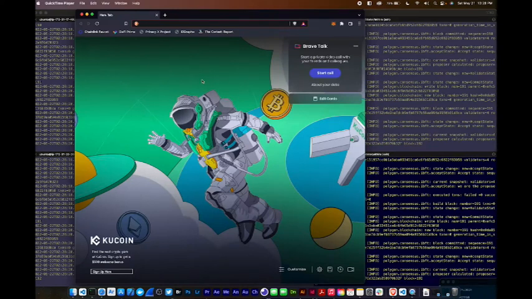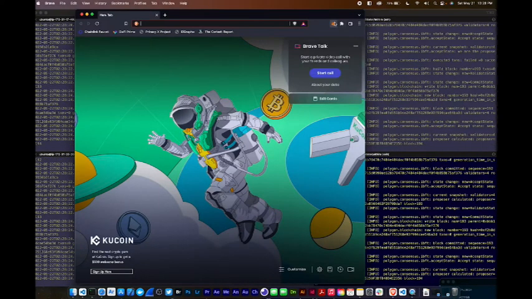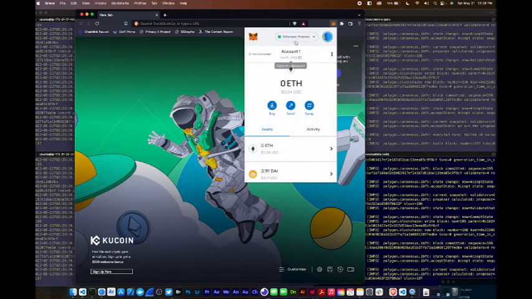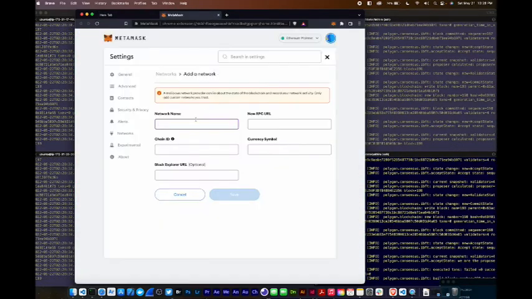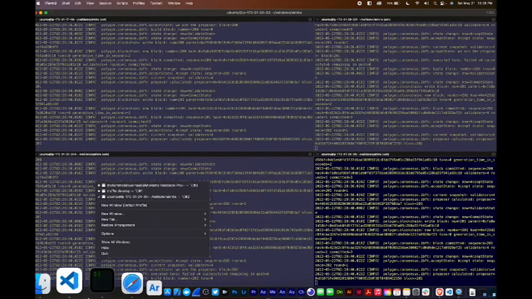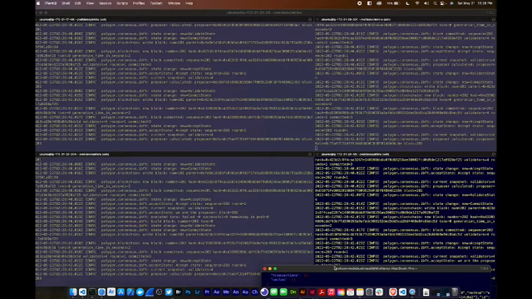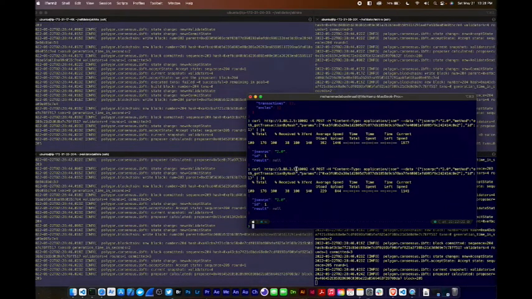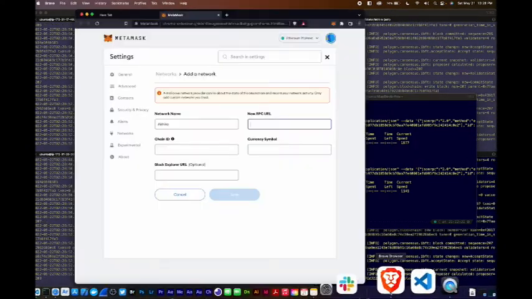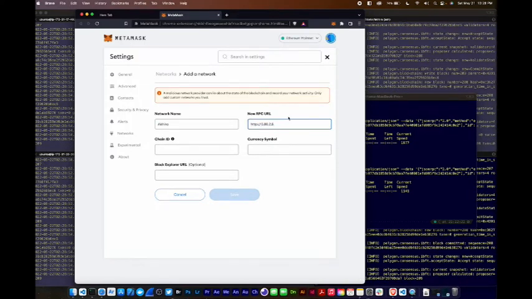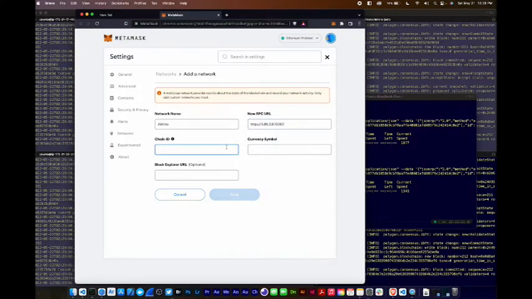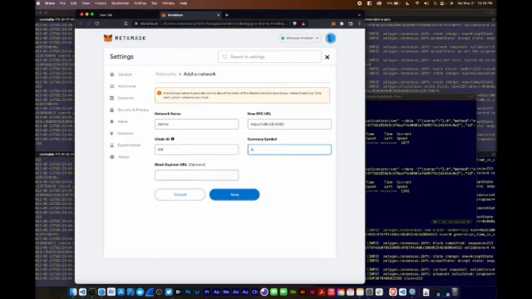Part 3, guys. Let's initiate our MetaMask wallet so we can deploy our contract. Here I'm on ETH mainnet. Let me add a new network. I'm going to call this one Akira. RPC URL will be this. Chain ID is 518. Currency symbol, I guess I'll call it